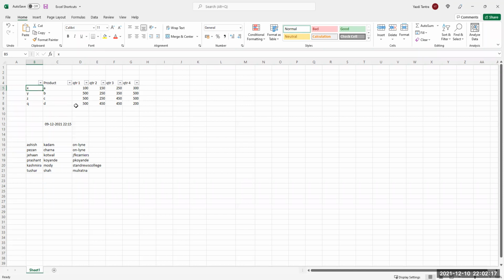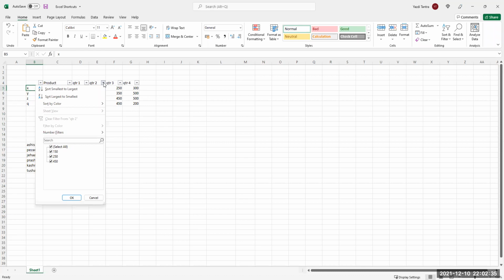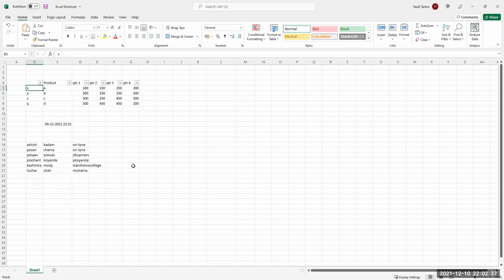You saw the filters now there? And it is a toggle key. If you again press Control, Shift, L, the filters will disappear. You say Control, Shift, L, filters appear. And then it becomes very easy to identify specific items in your data. Of course, you know how to do the filtering. So Control, Shift, L is for filters. Very simple, very fast.